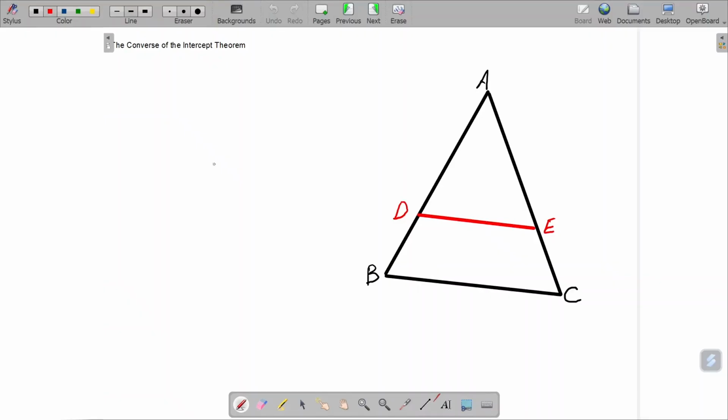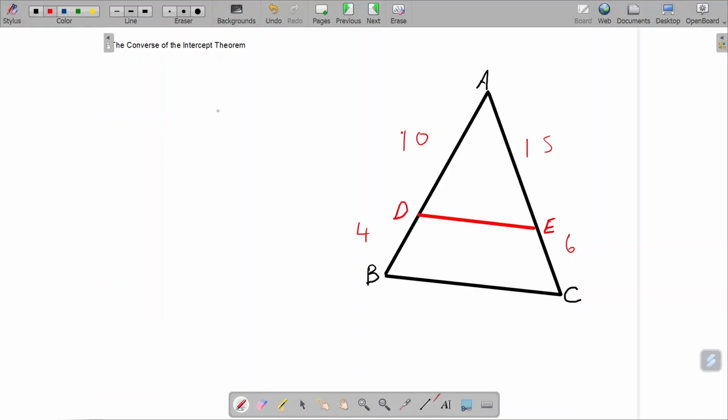So in the original proportion theorem, we said that if one side was cut by a line that is parallel to the third side of the triangle, it ended up with the other line also being cut in proportion. Well, the converse of this says effectively the same truth but in reverse. That if I started out with two sides that were cut in proportion, such that this was, for example, 10 and 4, and this was 15 and 6,